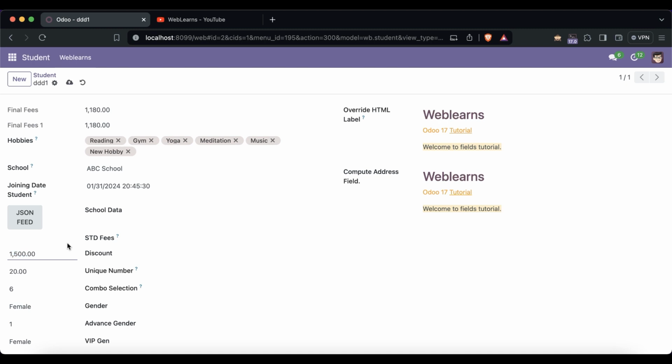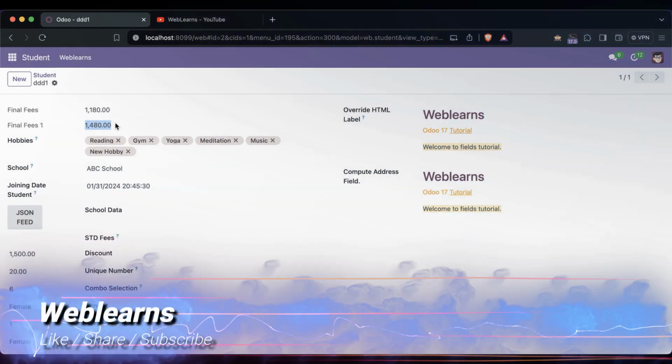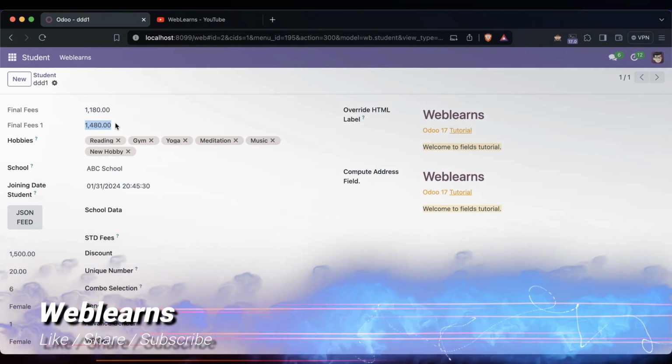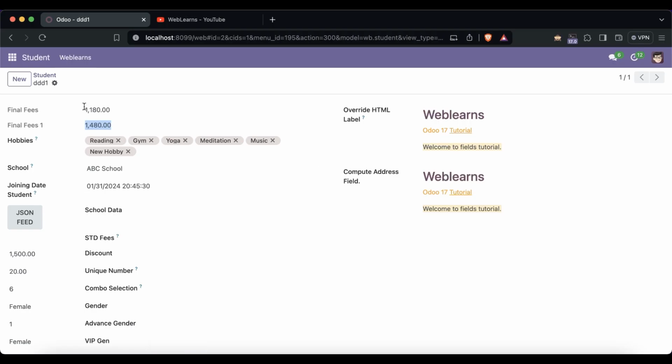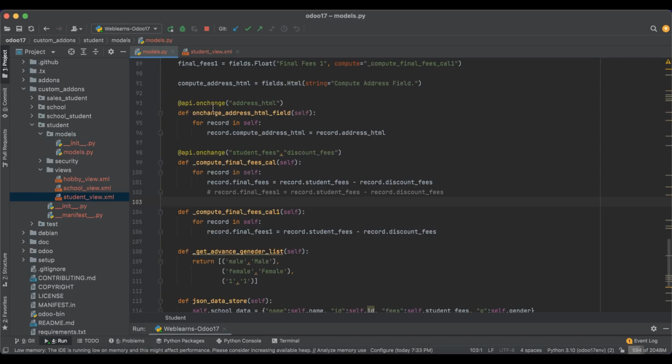I'm using 1500 here. You can see it will take the latest update, the amount, but once I save, you can see it rolls back to the previous value. Once I click save, it will recompute this field, the read-only field, which is not storable on the database side. So this is the main difference here. Another thing is, it will take the new change here. Why? Because we are using the decorator here. So if we are not using the decorator,